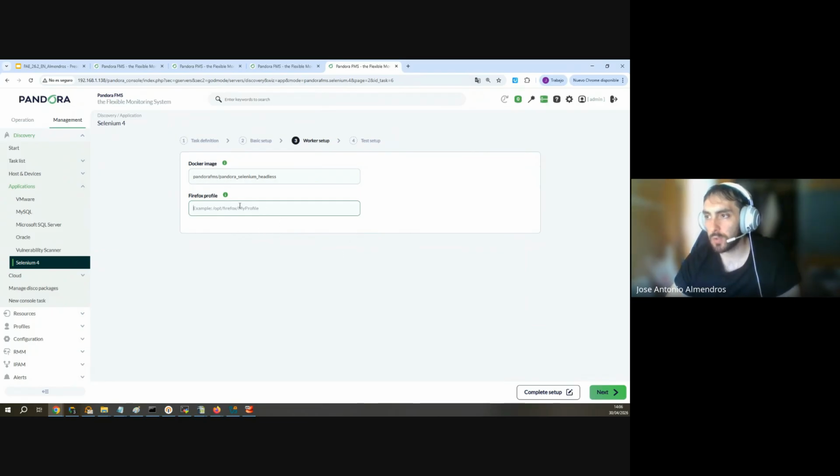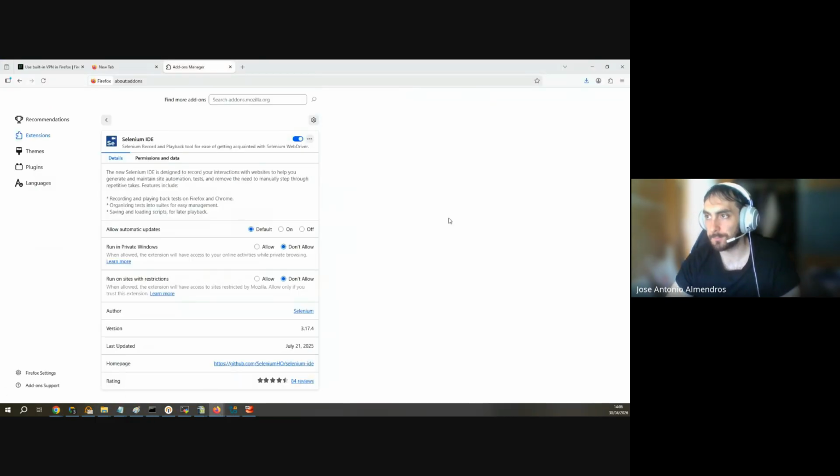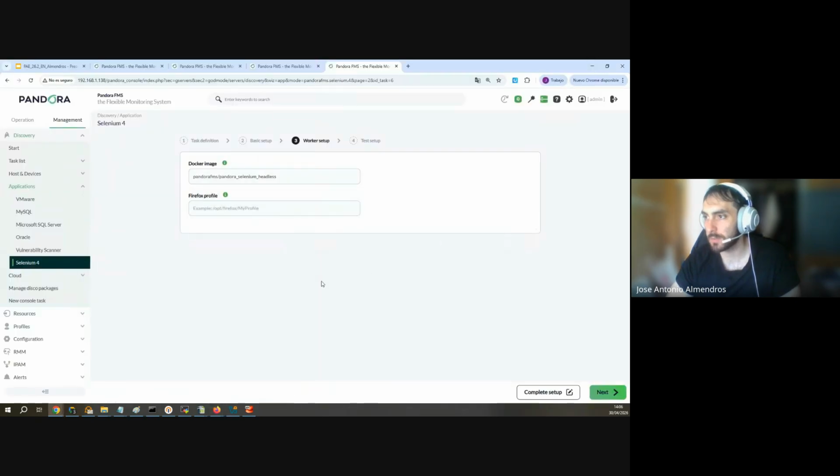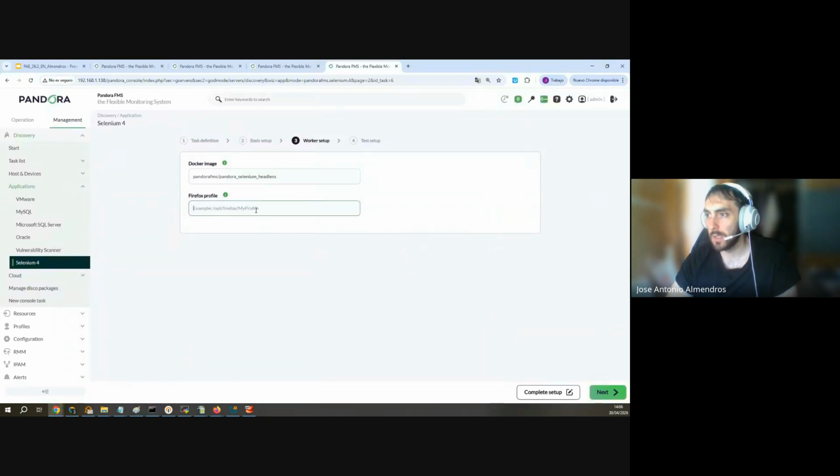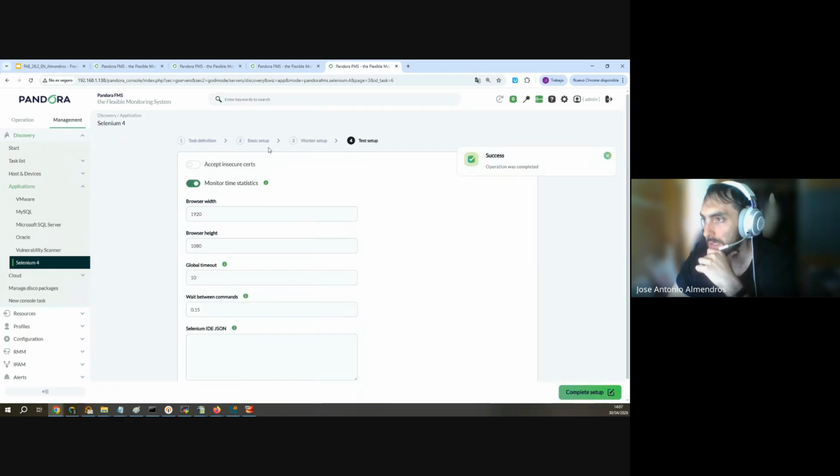And if I want to use a specific Firefox profile, we can use without profile, and it will create a new session each time that the transaction is launched, or I can save a profile from my Firefox browser, and load that profile in the machine where, in my case, I have Docker loaded, and I set here the path where I saved the profile, and the transaction will be launched with that profile. Okay. Next,